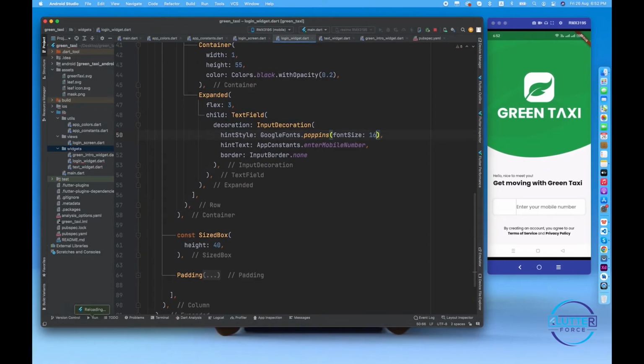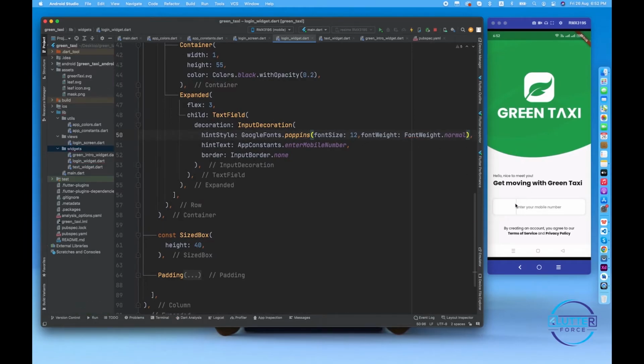Okay, 16 is more than enough. Let's make it 12. Yeah, now it looks good, and it's normal, right? Font weight not normal,